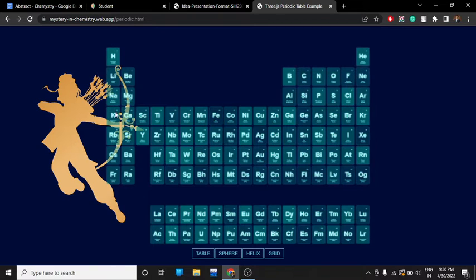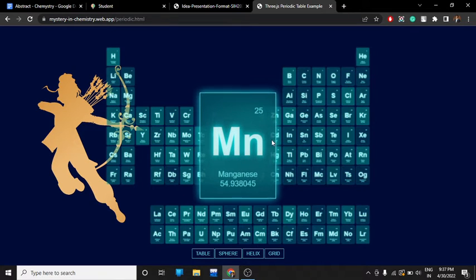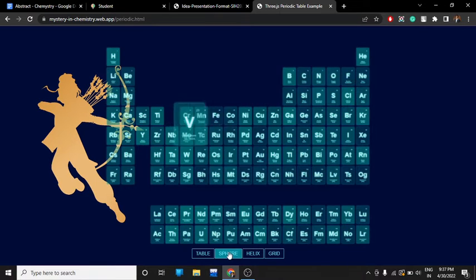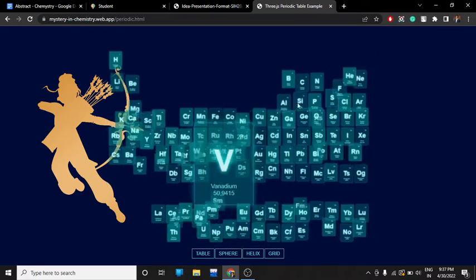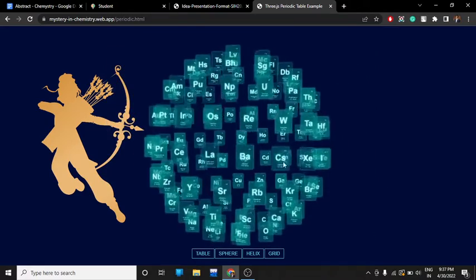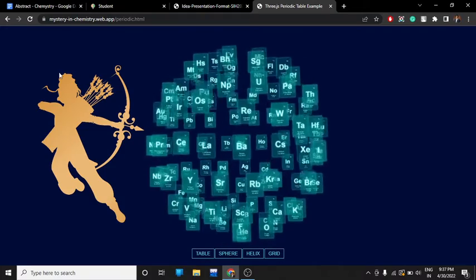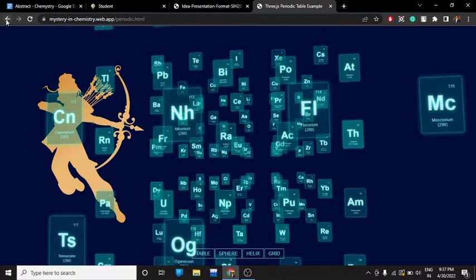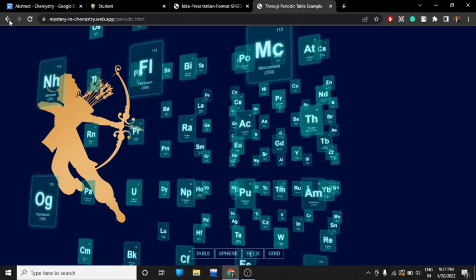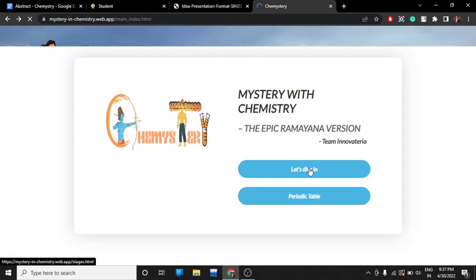Here you can see the whole periodic table, in which we have made some features. If a student clicks on any of the elements, they will be able to see effects and visualize it in a great way, even play with it by creating some shapes. It's kind of interesting, right? So now let's move into our main game. Let's dive in.